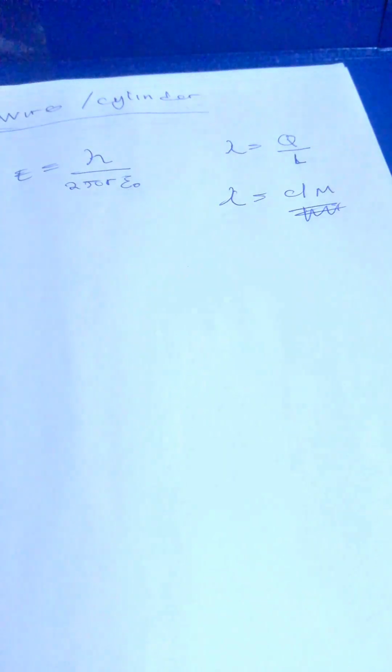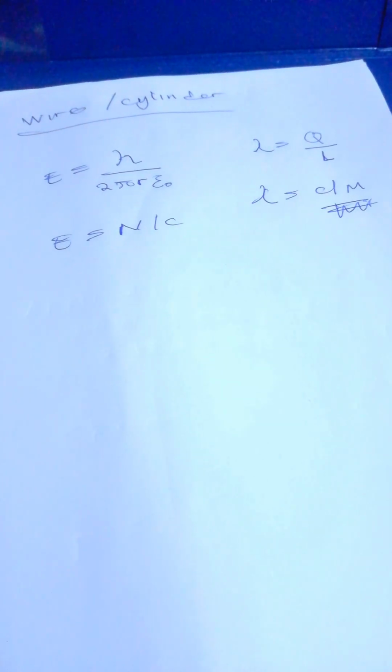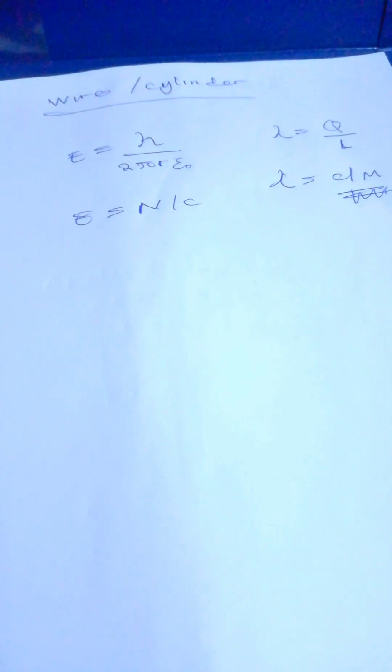So the SI unit for lambda, which is linear charge density, is coulomb per meter. And the SI unit for E, when you find your answer here, is just force per coulomb. For electric field it is force per coulomb. So let's move on to